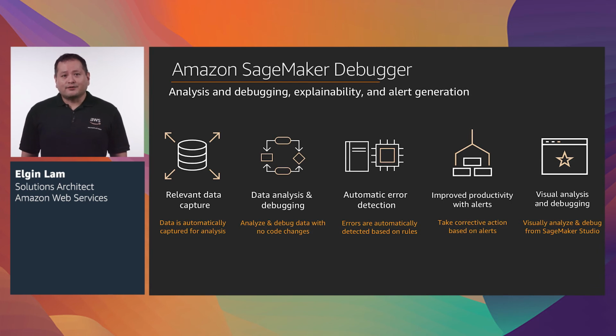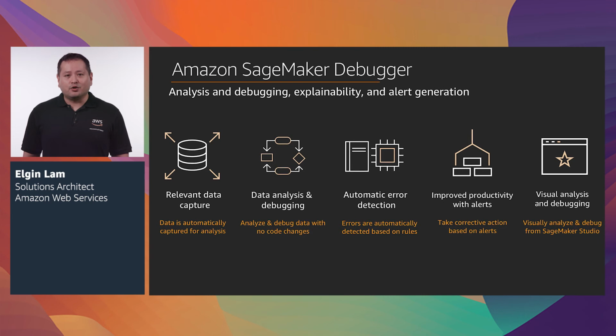SageMaker Debugger provides full visibility into the training process by automating the capture and analysis of data from training runs. Inspection is easy with the ability to analyze the debug data, and also by providing visual indicators about potential anomalies in the training process in SageMaker Studio. It also automatically detects and alerts developers to commonly occurring errors, such as gradient values getting too large or too small. You can also use the SDK to automatically detect new classes of model-specific errors or interactively analyze training runs